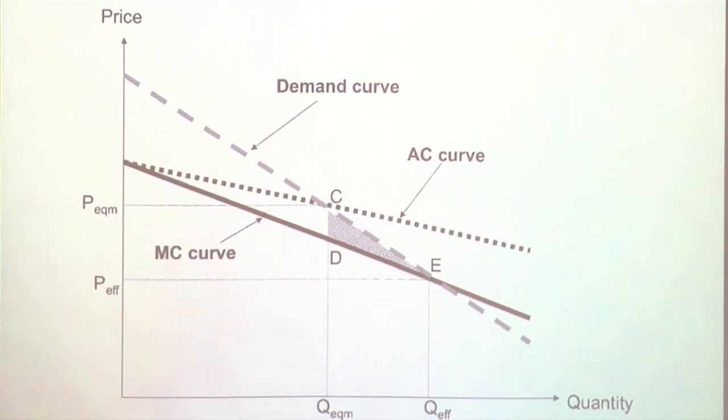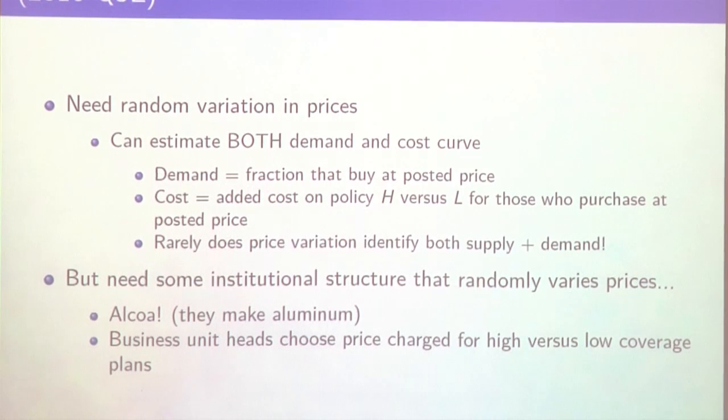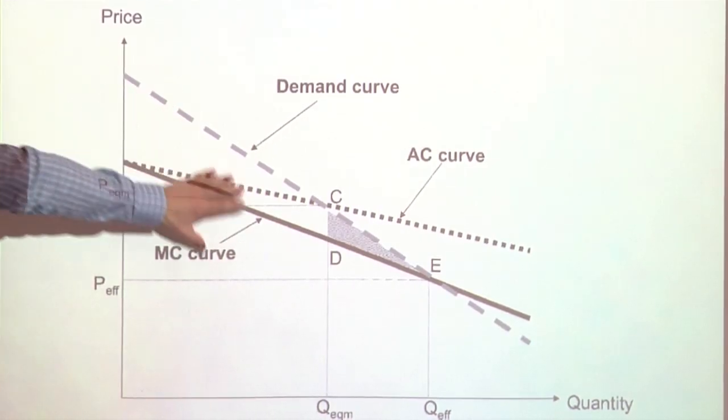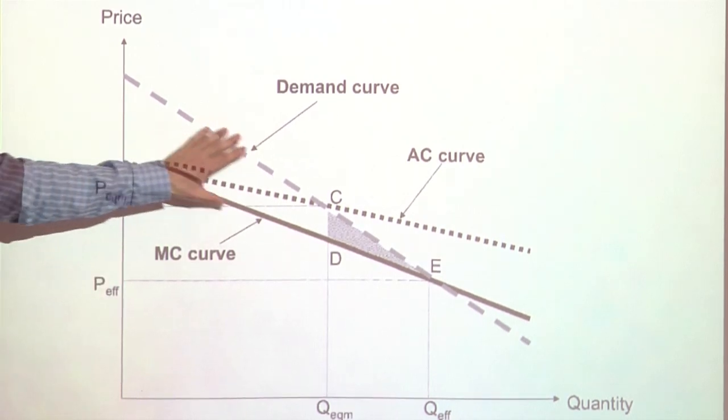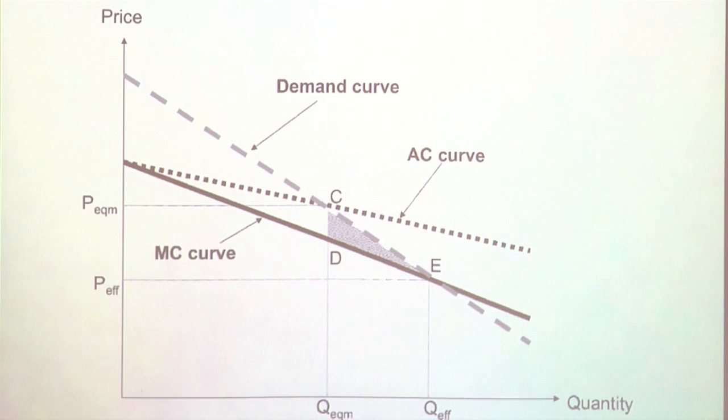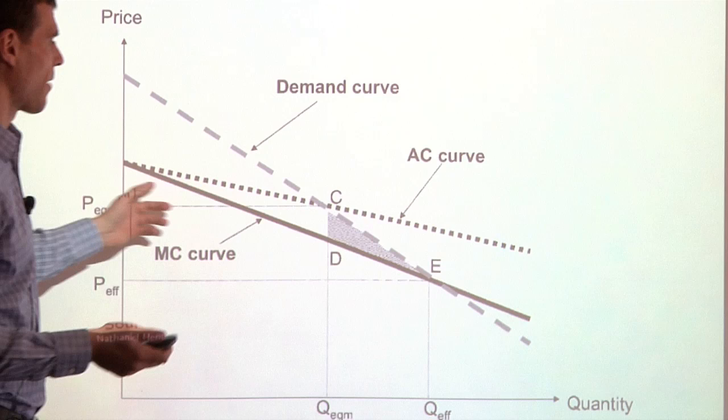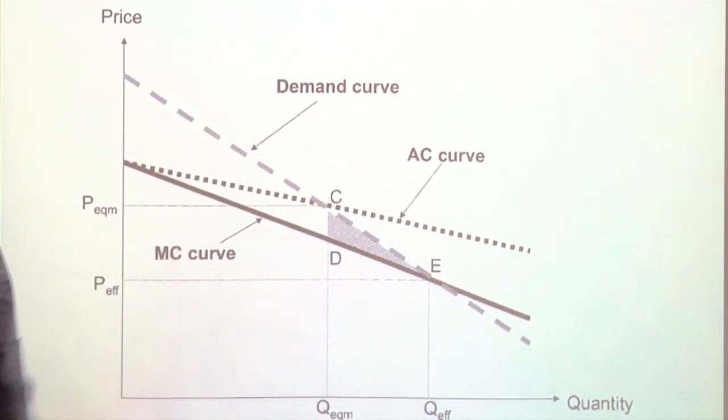So the goal of Einav and Finkelstein's paper is to turn this graph into an empirically estimated object. And so what do you need to estimate this graph? I hinted at it because I turned the slide, but does anybody see what you actually need to estimate this graph? This is, I think, one of the more surprising things out there. You need to know the shape of the demand. You need to know the level and the slope of the demand curve. And what else? Marginal cost or maybe the average cost curve, one of those two, because they're linked, right? You just take a derivative or integrate, right?